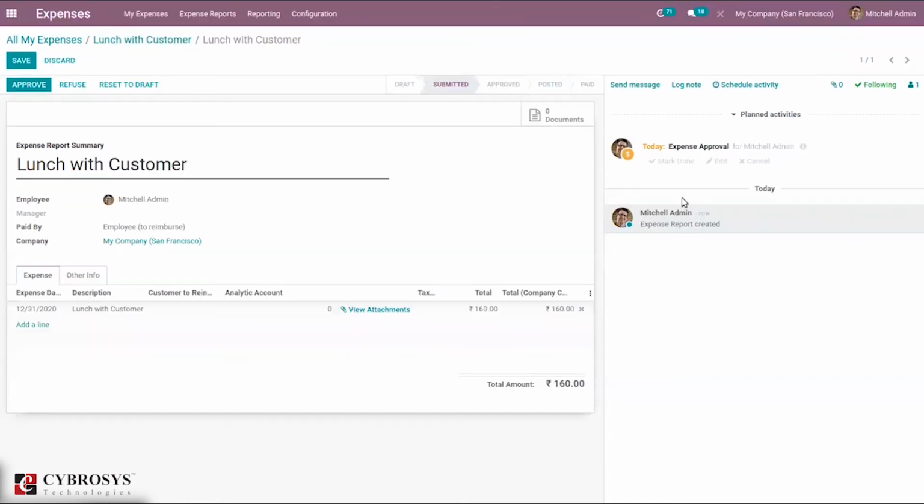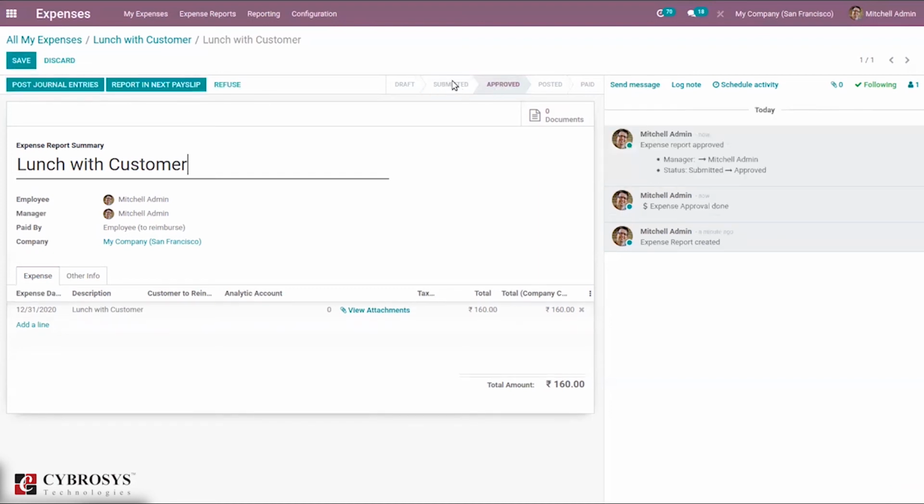So as Michelin admin is itself the manager, he can approve this expense. So this approve option is only available to manager. So if he found anything wrong with the expense, he can just click on this refuse to refuse the expense. Okay, so I'm going to approve this.